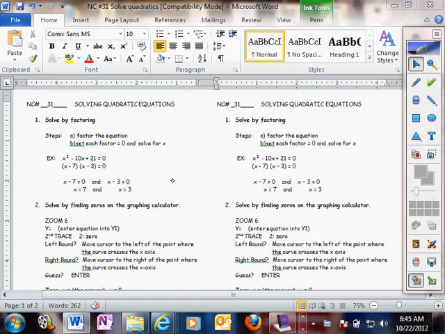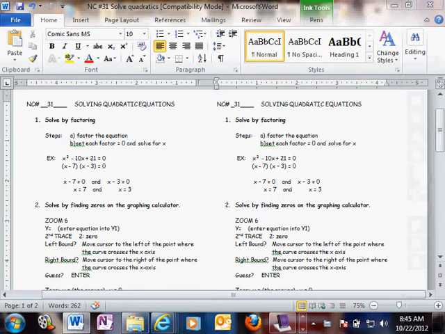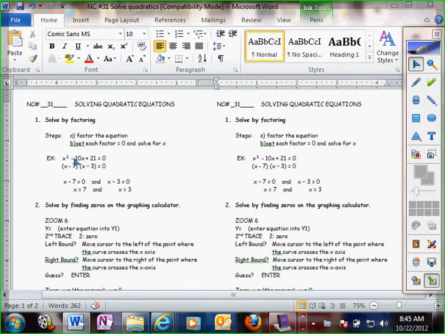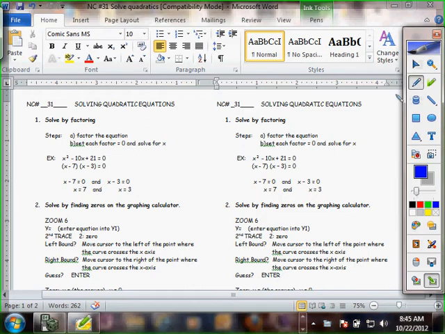Let's talk about note card 31. We're going to be solving quadratic equations. It's pretty much a step further than what we were doing when we were factoring. So if I come up with an equation like this one right here, x squared minus 10x plus 21 equals 0, and I want to solve for x, the first thing that I